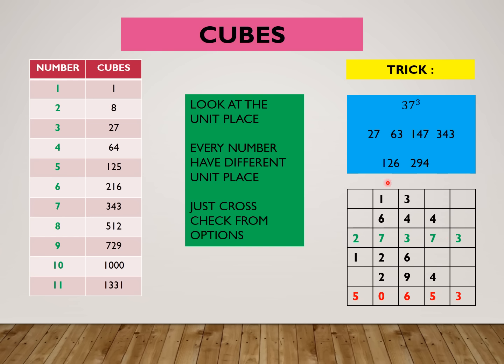Then we have to write 126. Now 126 is 2 times 63, so it will start from 3, from the box below 3. So 126. Then 294, which is 2 times 147, so it will start with the box below 7. So 294, then we will add them